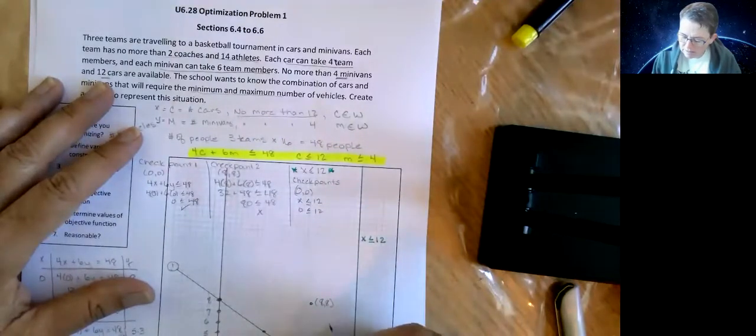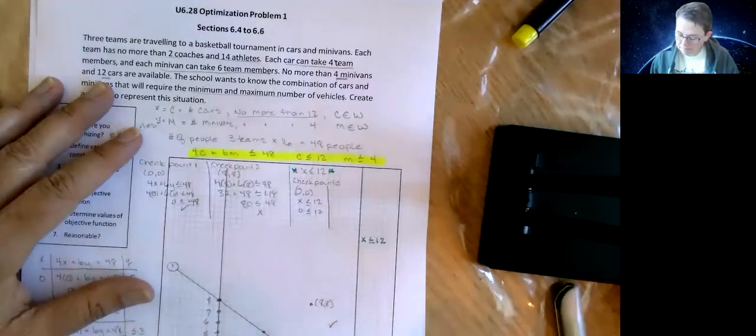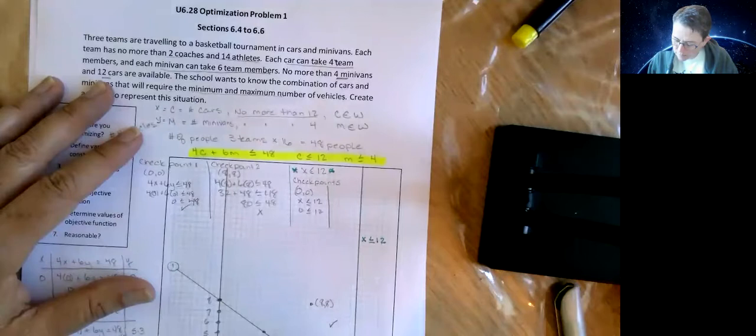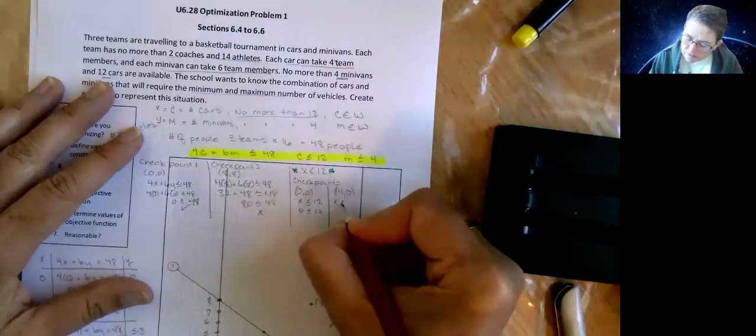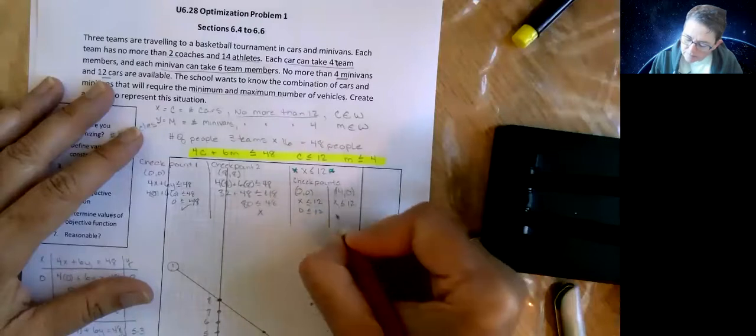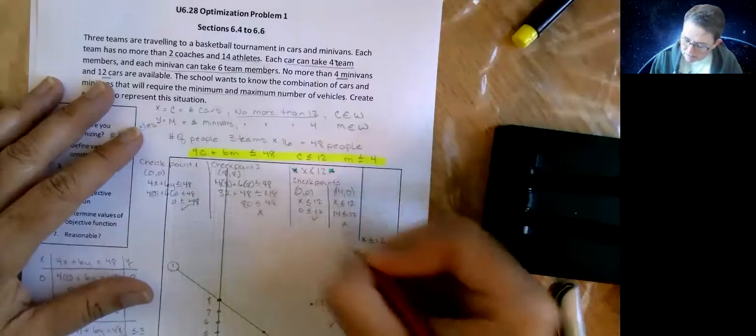So this side looks okay. If we try a different checkpoint, we need to be on the other side of the line. So let's pick that one. 14 and 0. x is less than or equal to 12. 14 is less than or equal to 12. No. So for the green line,